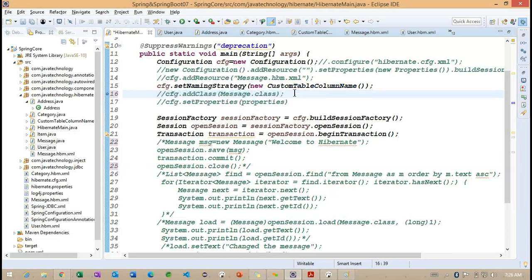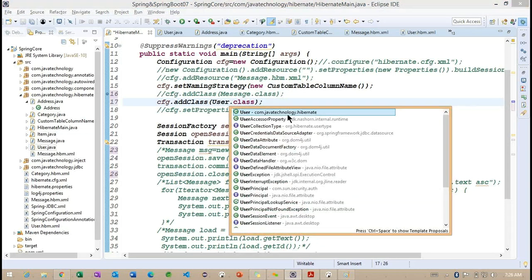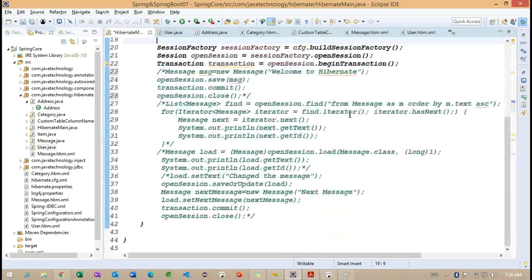Now we're trying to work with something called user. So to write here, what we need to do?